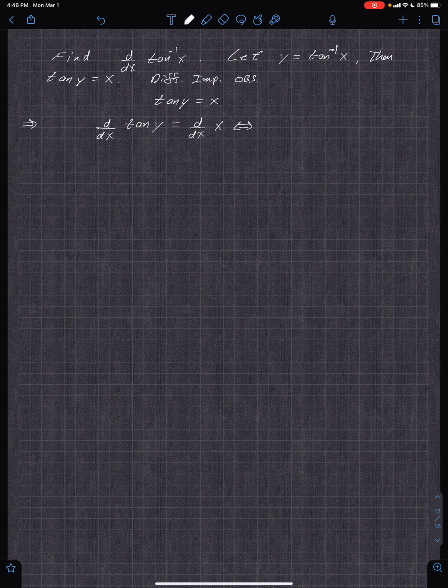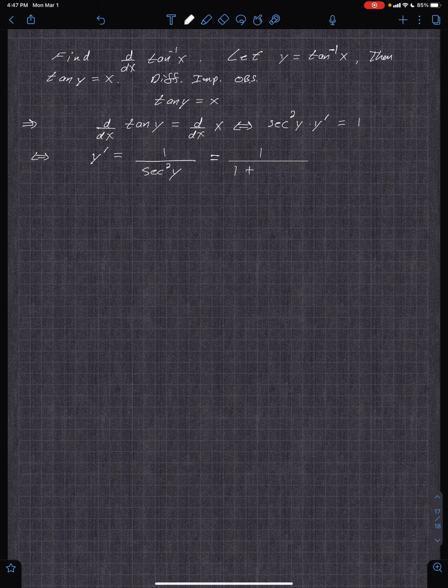So that is true. So what's the derivative of tangent? Look that up. And you're right, it's secant squared y, but then it's times y prime using implicit differentiation, equal to 1. And so if we solve for y prime, that is if and only if y prime is equal to 1 over secant squared of y. But we know what y is. Y is tan inverse, so we've got to do a little step here. So we'll say y prime is equal to 1 over 1 plus,